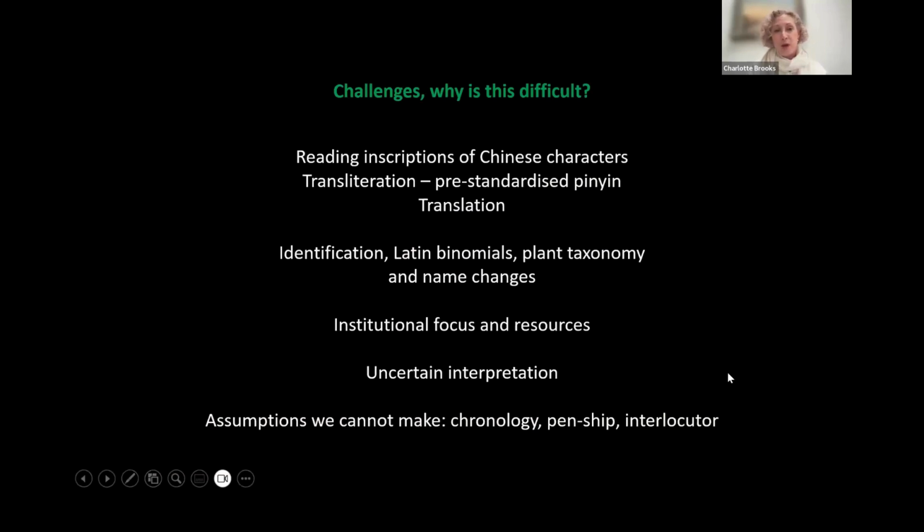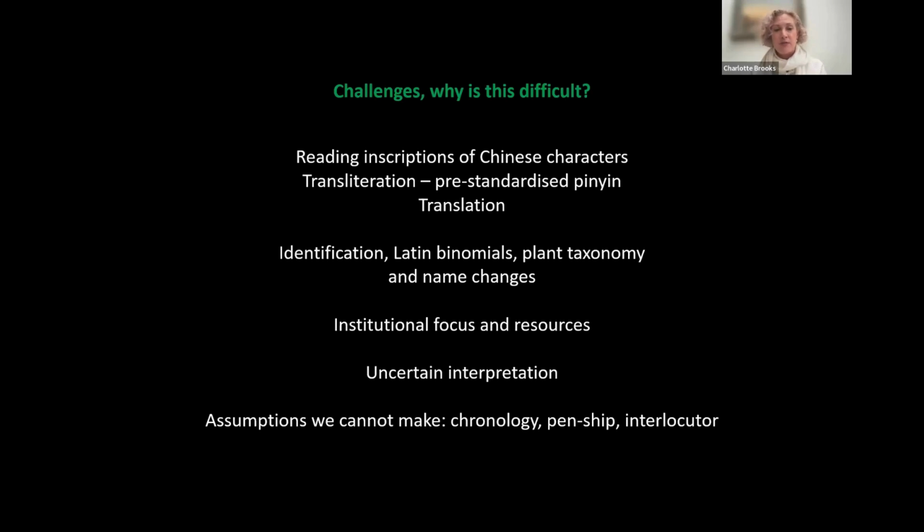So why is it important, but also why is it difficult? Because I recognise, as being a curator and also working with other curators, there's a reason that this information has maybe not always been captured. Sometimes it might be down to institutional focus and lack of resources. Certainly a number of these artworks sit within horticultural or botanical institutions where the primary focus has been on Latin